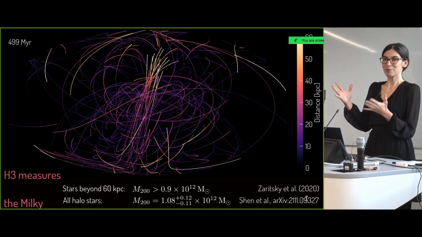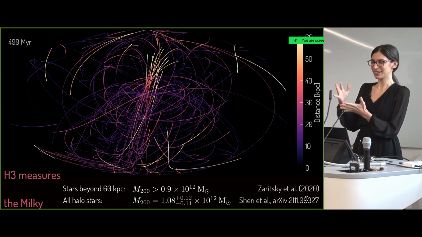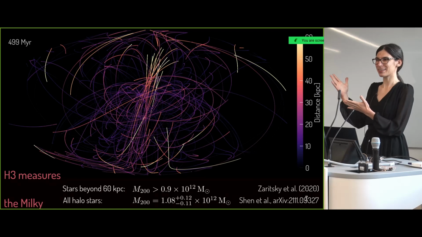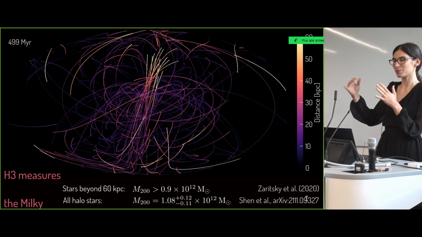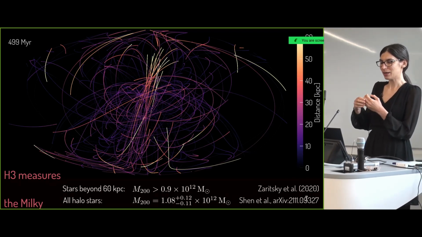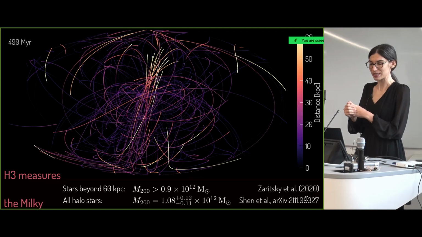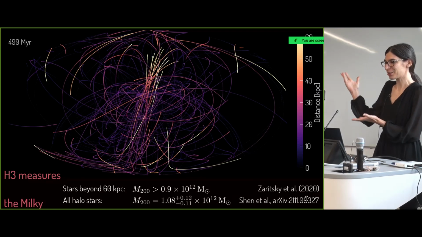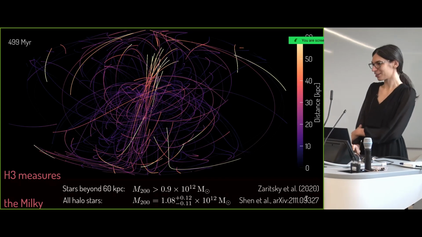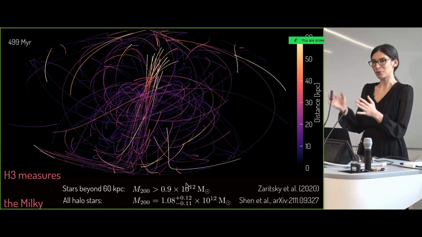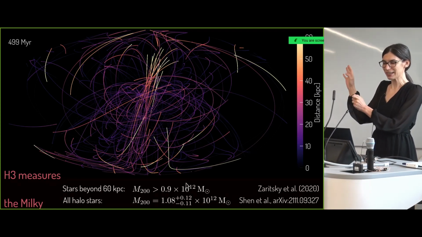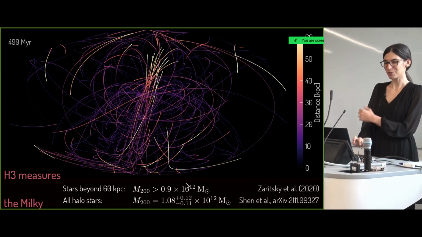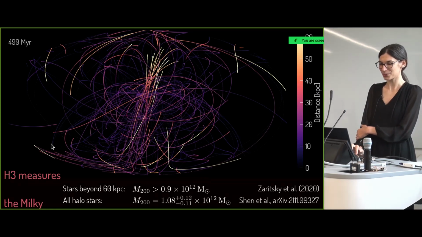And this is very exciting because obviously if we account for all of the stars that we know, it's a factor of 10 lower. So we are really probing these dark matter dominated regions of the galaxy, and providing very strong constraints in these outer halo regions. Another interesting thing that you might not have expected, but can clearly see here, is that the orbits of these stars, which I've really just randomly sampled from our catalog, are not random. So there appears to be some structure to this, and this is probably the most prominent one.